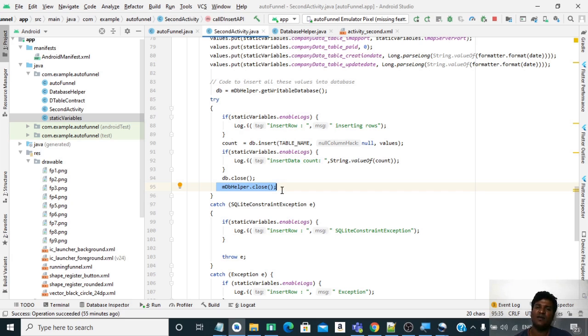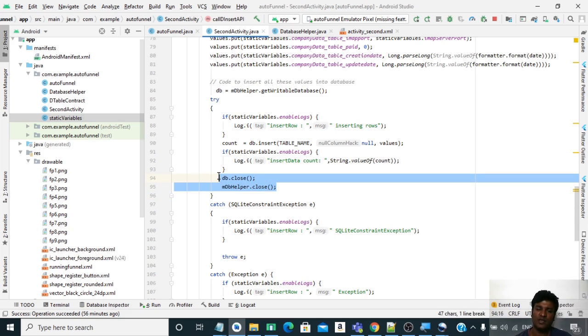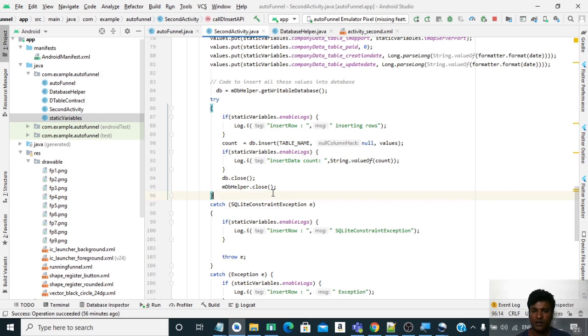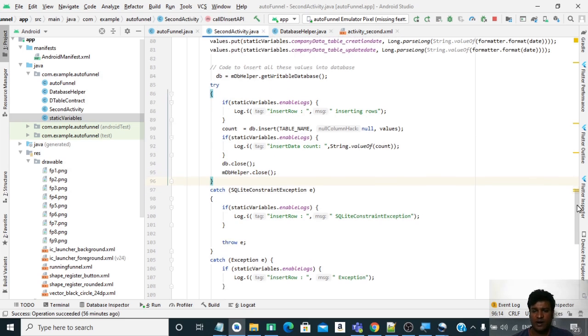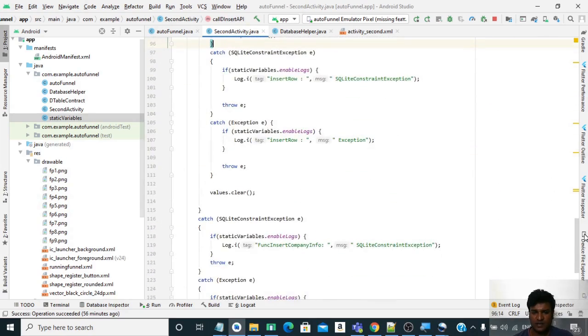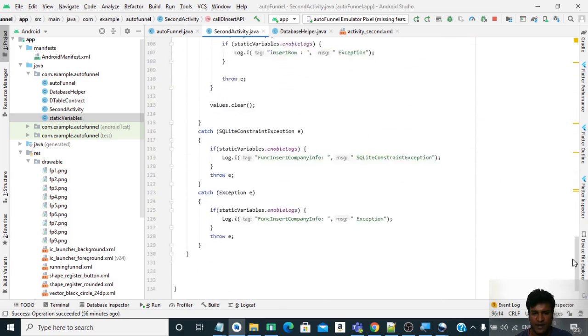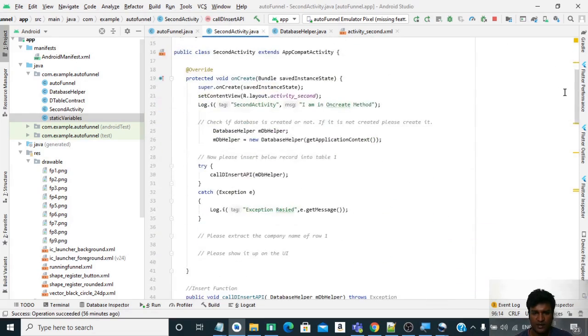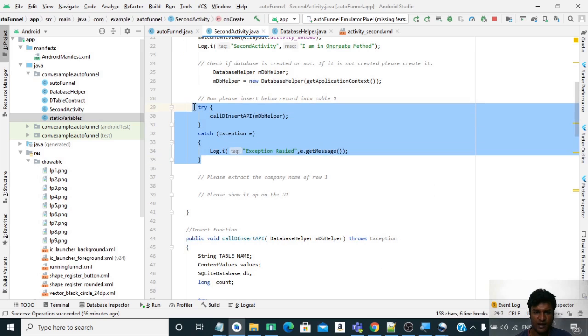During the life cycle of an activity, we studied about on destroy, or on back button pressed, or on pause. This helper should always get closed during on pause, but here let us keep it this way. I am just closing it. So this is just a tutorial to let you know that these two things are required to be closed. So we are closing them over here, and now let me just save it, and we have this function ready, and we have just called this function over here, and we are now inserting the value,